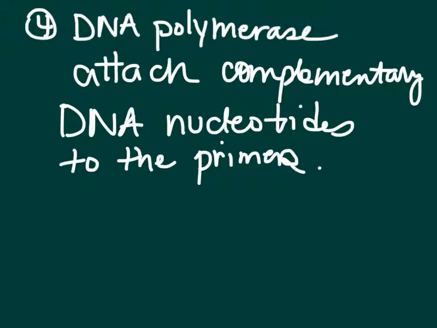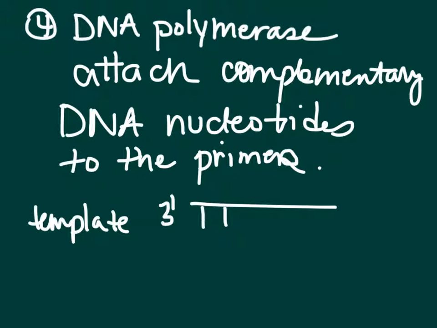So the template strand, remember how we labeled them 5 to 3 and 3 to 5? So we have our template, and it's opened because helicase came through and cut it open. Primase came in and attached a primer of complementary RNA bases. Now DNA polymerase is going to come in, and it's going to try and attach bases. But it can only go in one direction on the strand. It's only going to read the template